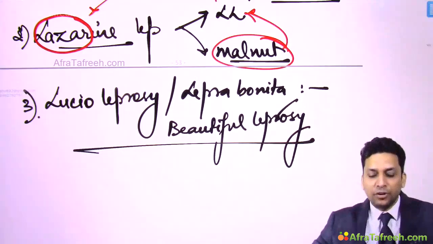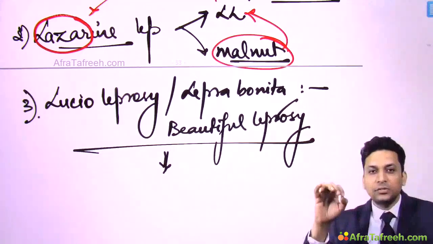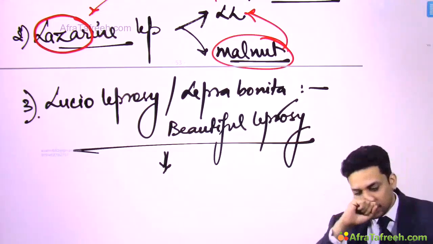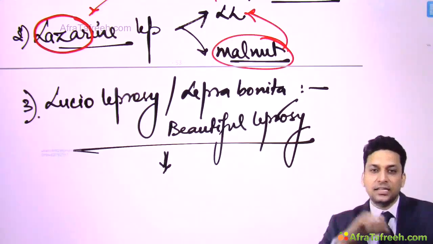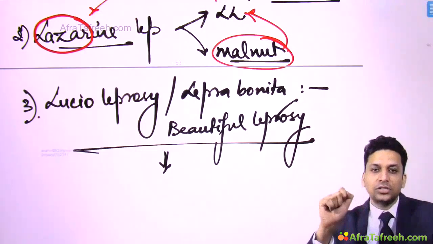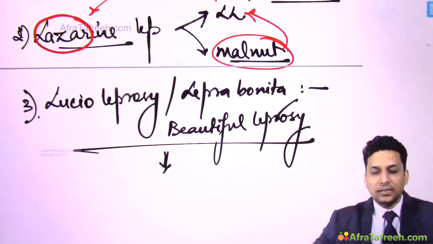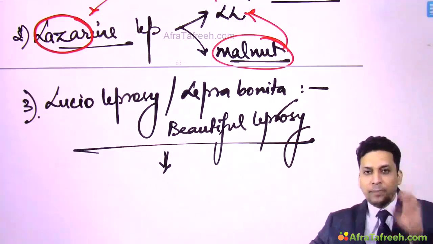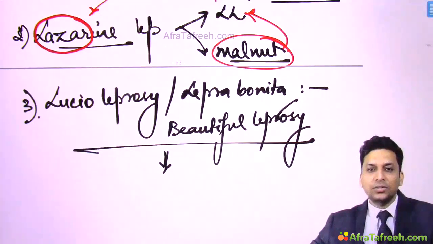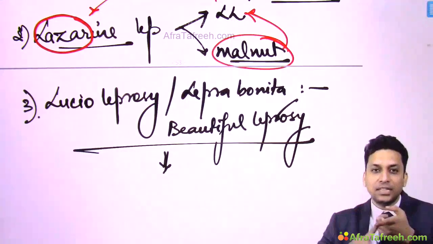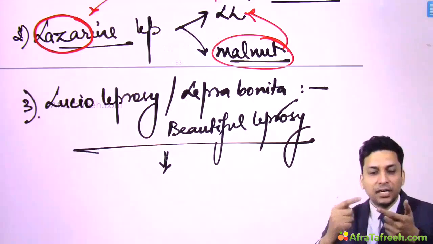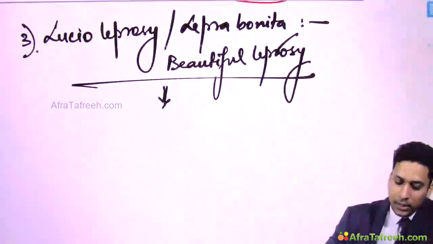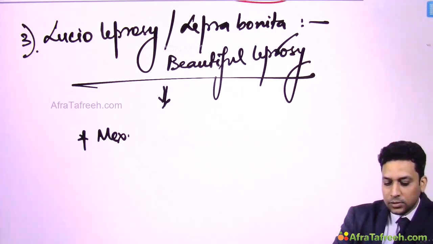Now, why is this leprosy so beautiful? What happens here? Diffuse skin infiltration leads to erythematous, smooth and shiny skin. There is diffuse involvement of the skin, so first of all there is uniformity. Patches are not seen, instead the skin is uniformly involved, and due to this uniform involvement the skin appears erythematous, smooth and shiny. Erythematous, that is pink. So the skin appears pink, smooth and shiny, so it looks beautiful. So this is beautiful leprosy. This is seen in the central part of America. So this is common in Mexico.